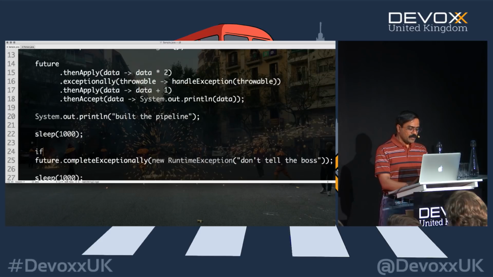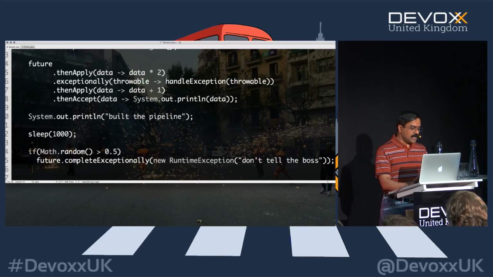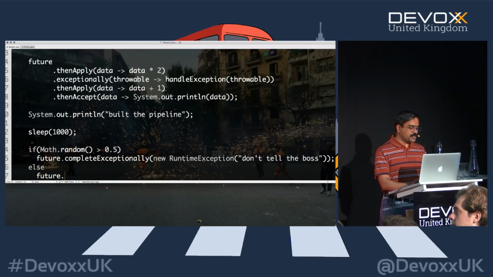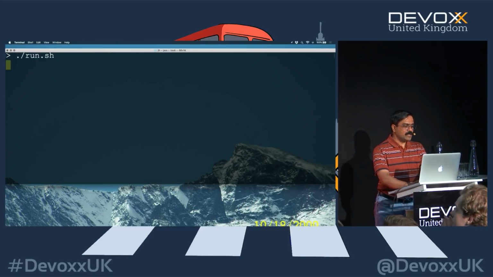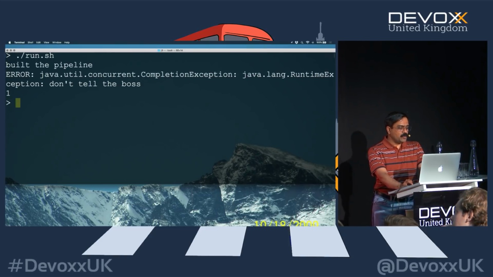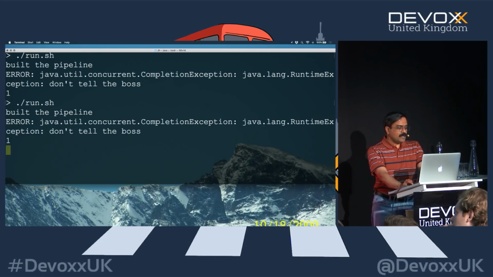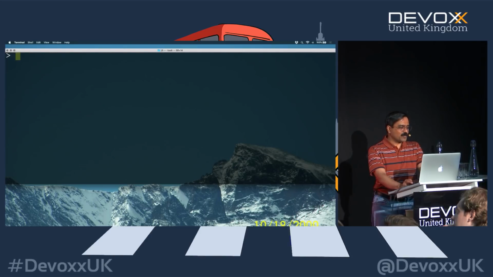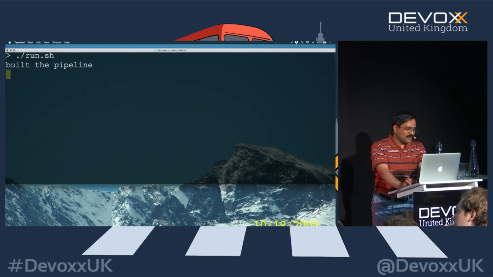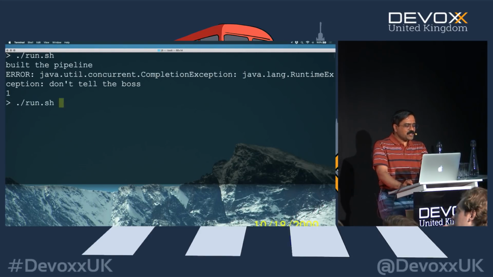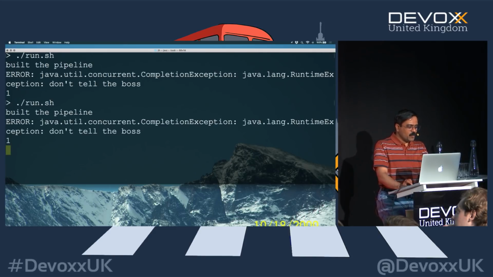For example, let's say if Math.random is greater than 0.5, we could send that over there. Otherwise, we could say else future.complete, and in this case, we'll send a value of 2. So we could go either way depending on execution, depending on the context, we wouldn't know. So you can see that it failed, and over here it failed as well. Let's try this one more time. Okay, so that's not working really well. It wants to keep failing more than succeeding. I'll try one more time, otherwise we'll move on.